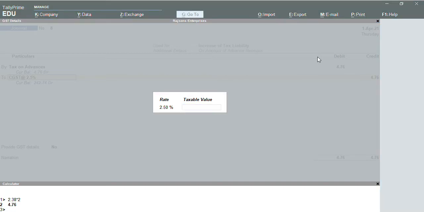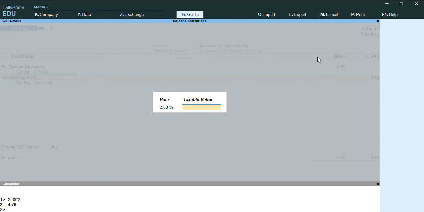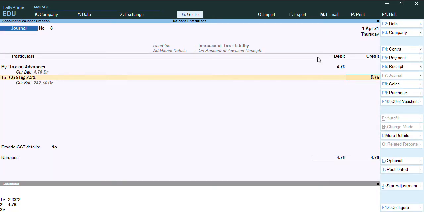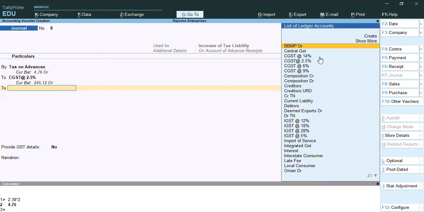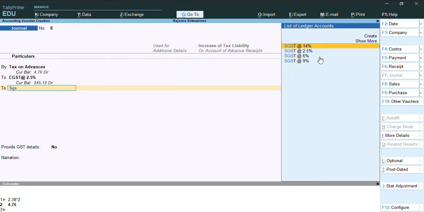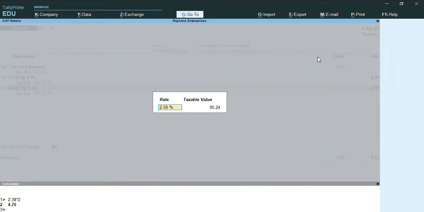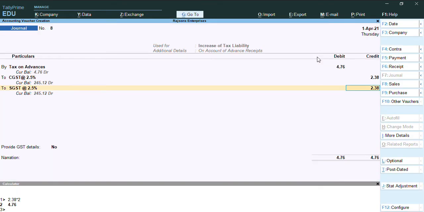for us it's 95.24. We'll enter the same. So here the CGST value was 2.38. Again we'll adjust with SGST 2.5%, and we'll enter the same taxable value, and the tax rate comes automatically.